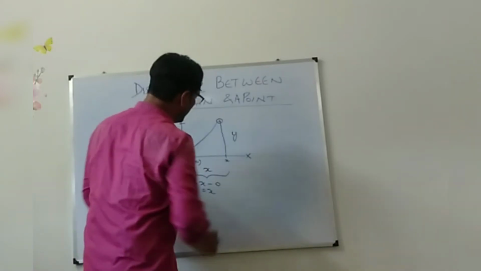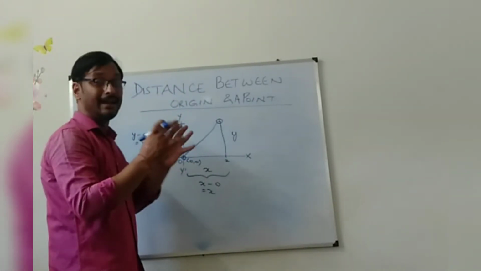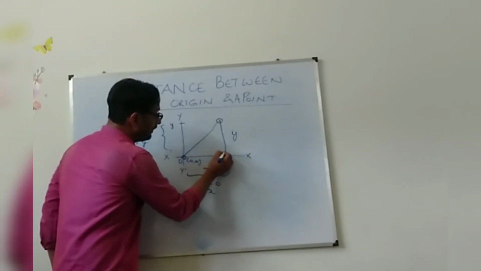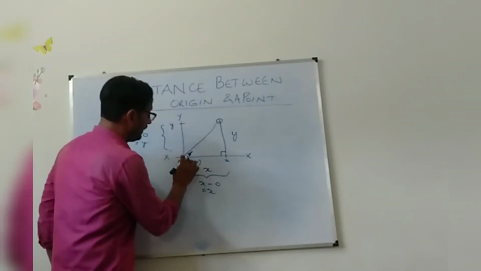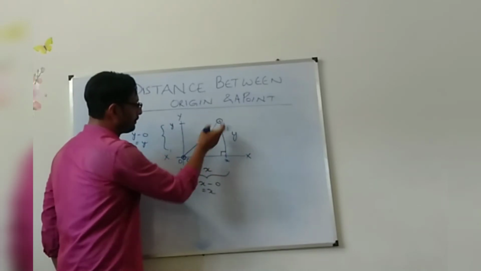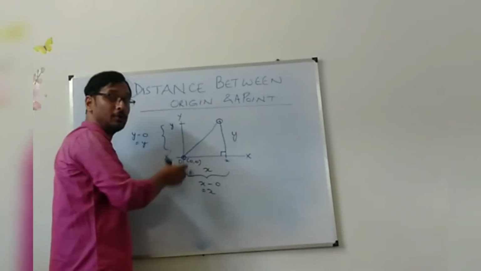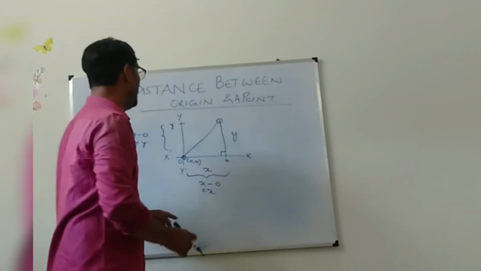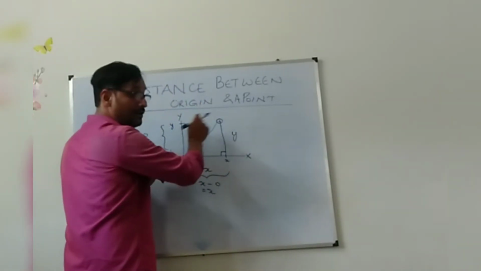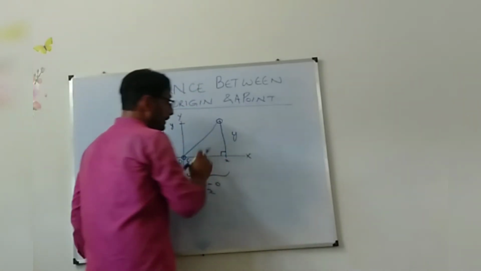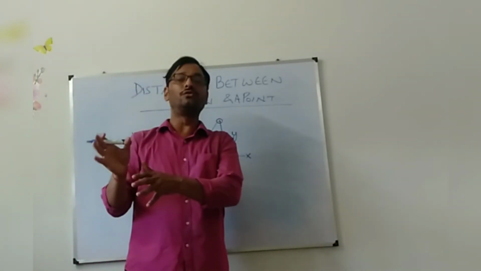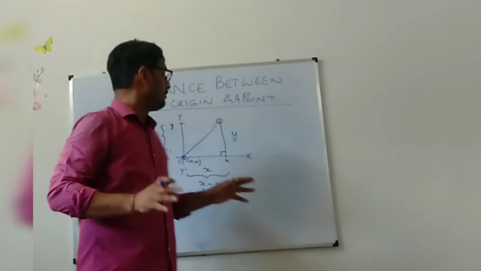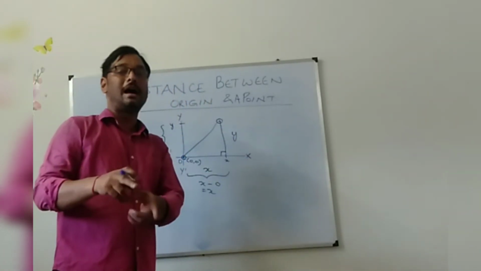If you look at this figure, it is looking like a right angle triangle. In a right angle triangle, this is 90 degrees. This is base, this is perpendicular, and this is hypotenuse. This is the hypotenuse of a right angle triangle, but this is the distance between 2 points. So if I do not use the right angle triangle, then I will not be able to find it out. So through the right angle triangle formula, I will be finding it out.